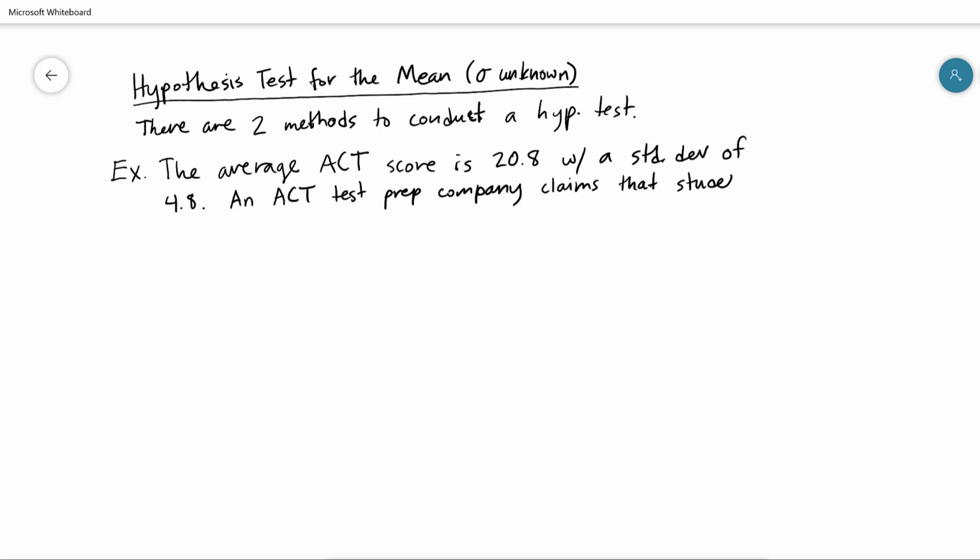So they claim that students that they tutor have a higher average score. And as evidence of this,